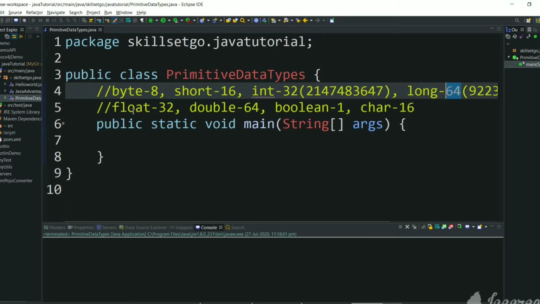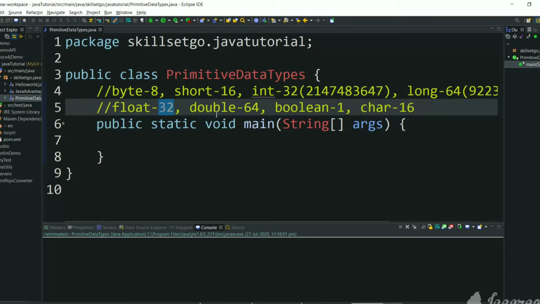Other data types are float, which is 32 bits, double, which is 64 bits, and boolean, which can store only false and true and occupies only 1 bit in memory, and char, which can occupy 16 bits of memory. Now we will create a variable using these data types and try to assign a value.